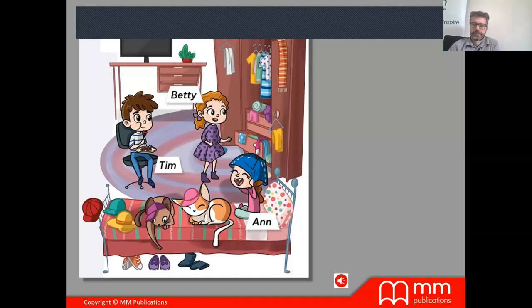based on visual prompts, of course, because we see the photo of the room.